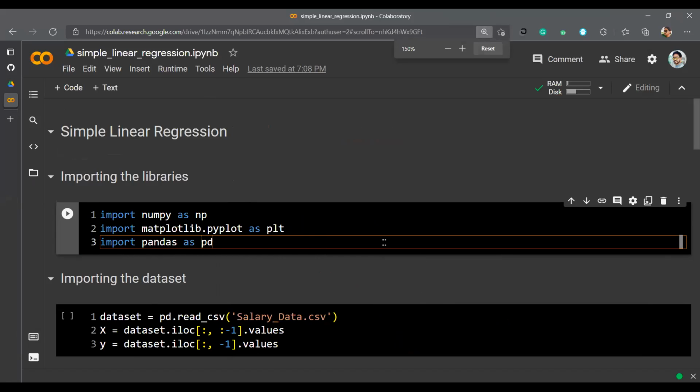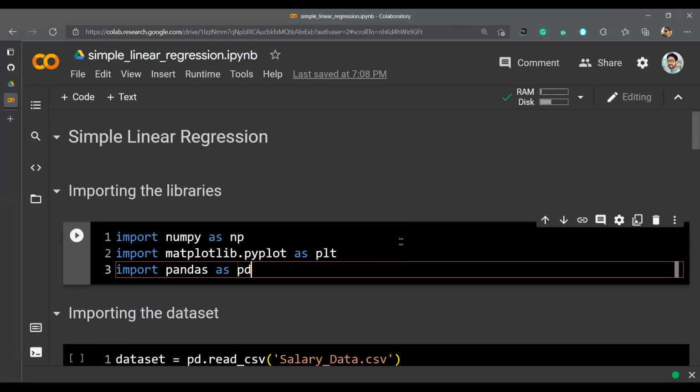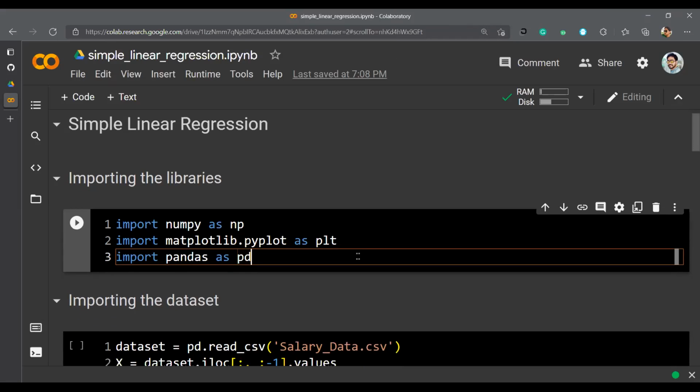Yeah, so over here, first we need to import the libraries. Before starting this class, I would like to say that at least everyone should have a basic knowledge of Python for implementing various models.